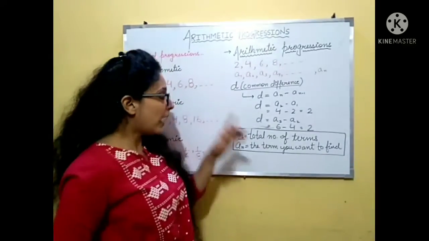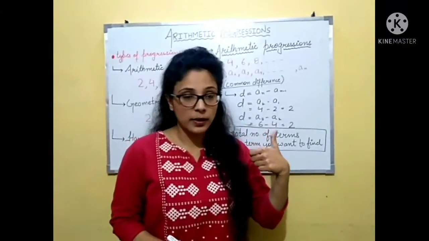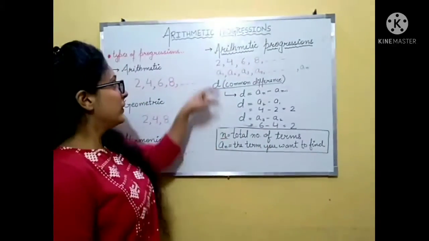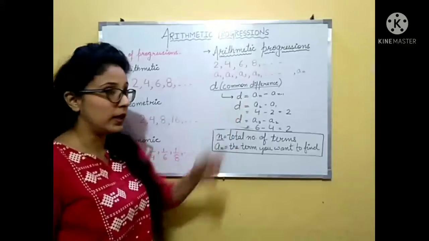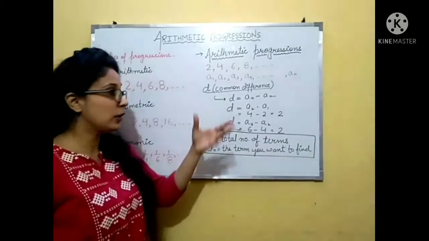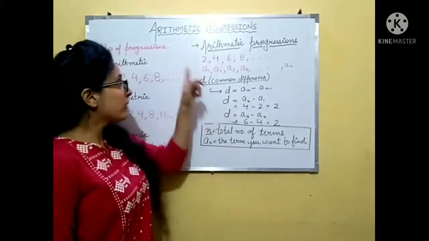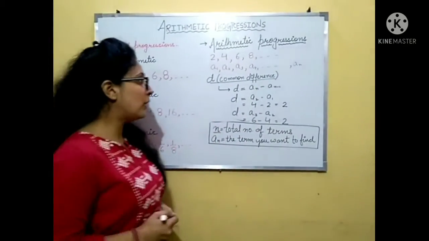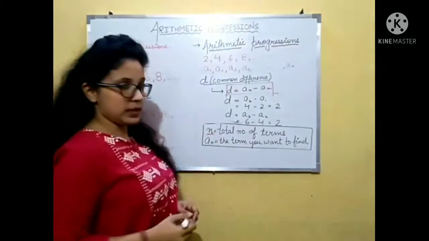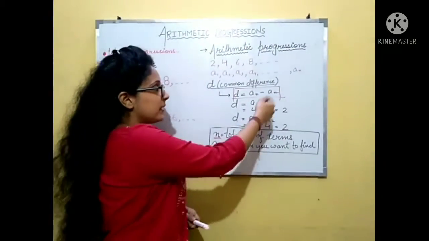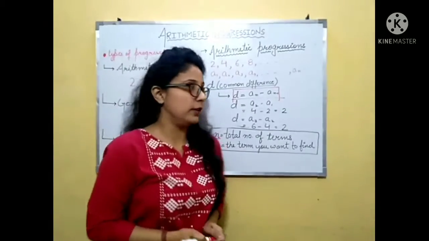And the second thing is, how will you identify that this series is arithmetic? Again, you can see every time you are adding 2. So what is 2 here? Actually 2 is the common difference, and common difference is represented by D here, and the common difference will be the same every time. And how will you calculate that? This is the formula for calculating common difference: D = An minus An-1.